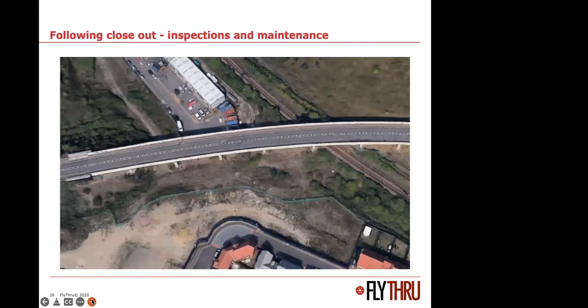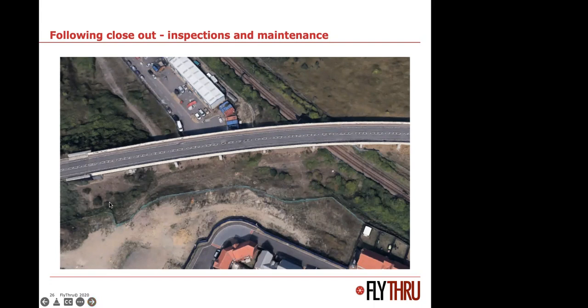So that gives you an idea when we're constructing stuff. Once it's constructed, we've got to inspect it. This part of the A11 was built. This bridge was built, and when they'd completed it, they realised they'd sold all the land around it, and they couldn't access it in any way. There's a fence that has been built to the south. You can see a little green line running across the bottom of the picture there, and that's now actually a